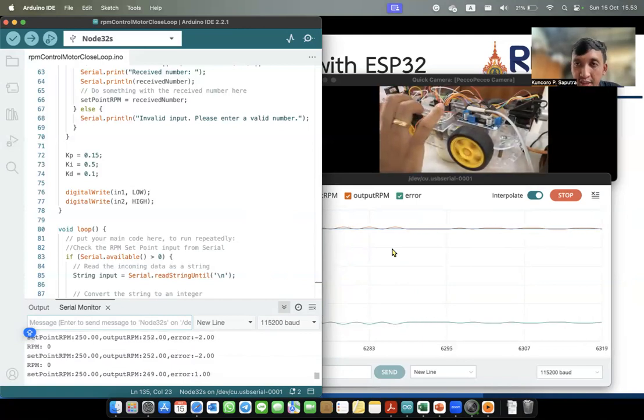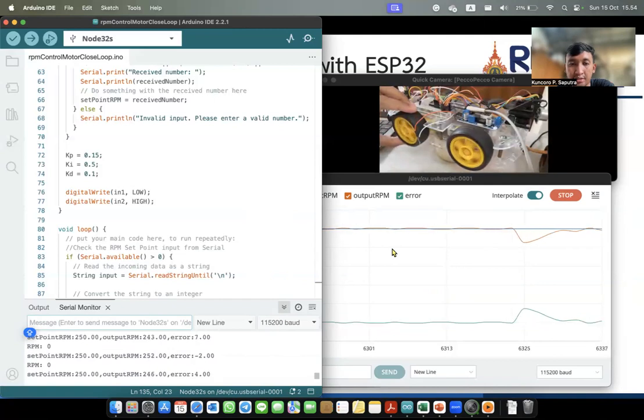And I try to put the load on again with my hand. The RPM decreases, but the controller tries to make the RPM the same as our set point. If I release my hand, the rotation is high, but the controller will decrease the RPM to our set point again.